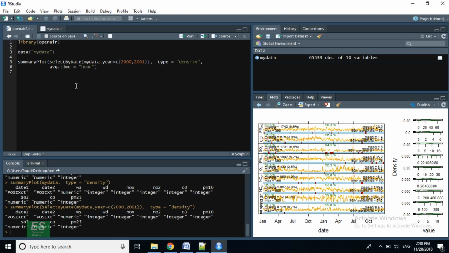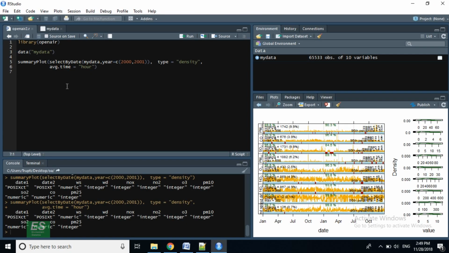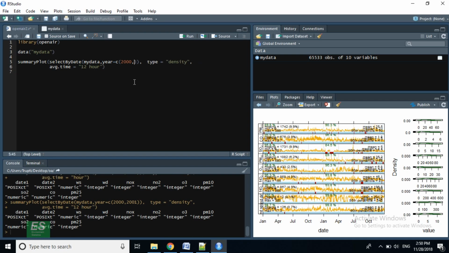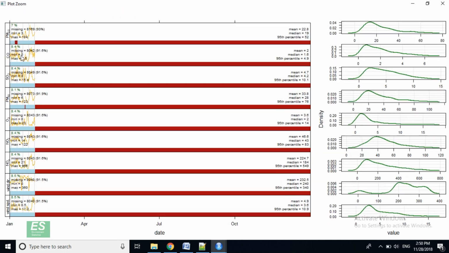So if we set it as raw, this is all the data plotted as it is without taking any average. We can also specify average time as say 12 hour. We can also select a specific month for the plot. Say we want to plot January for 2000. So this is the plot. So we have January and the rest of the months are not